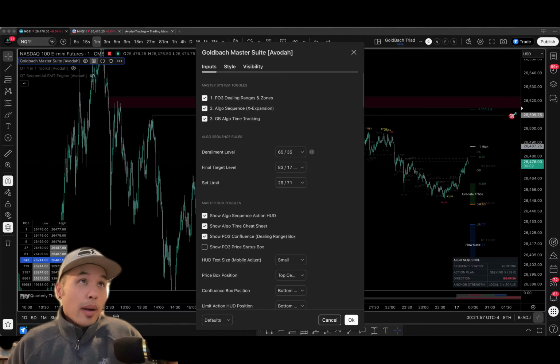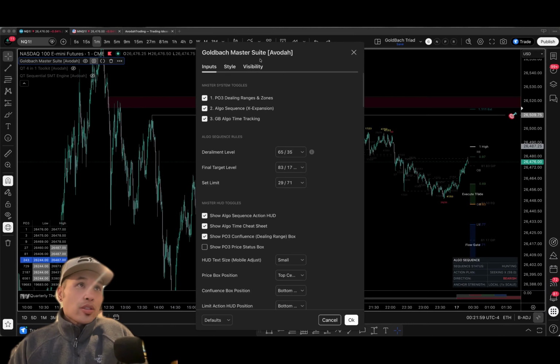So in this video, I'm going to go over this Goldbach Master Suite indicator bundle. It's like a 3-in-1 indicator giving you the ranges, a sequence, the Algo 2 sequence, and also the Goldbach Algo